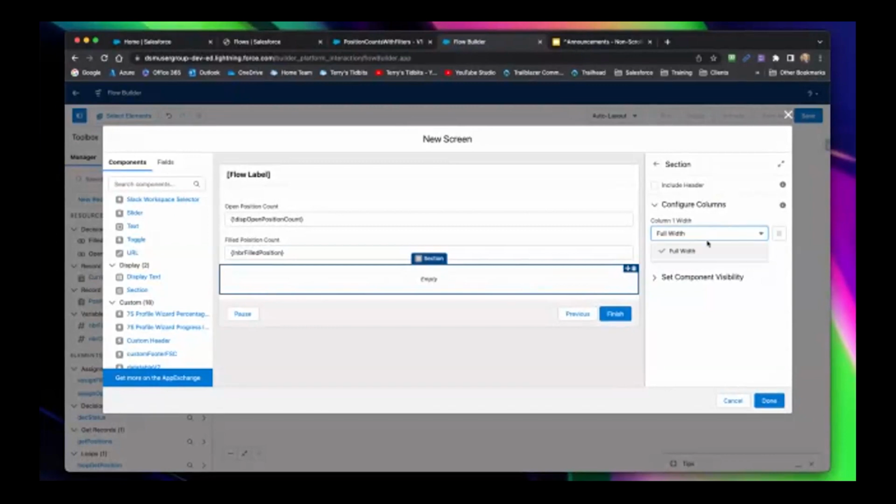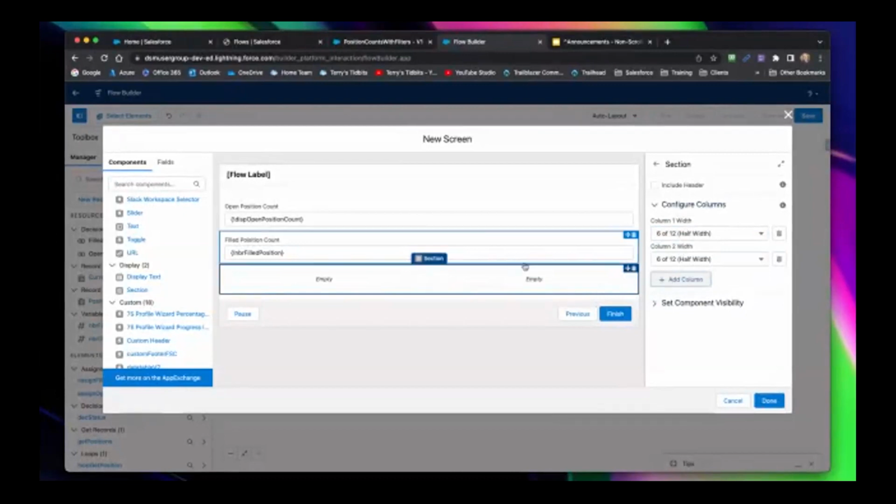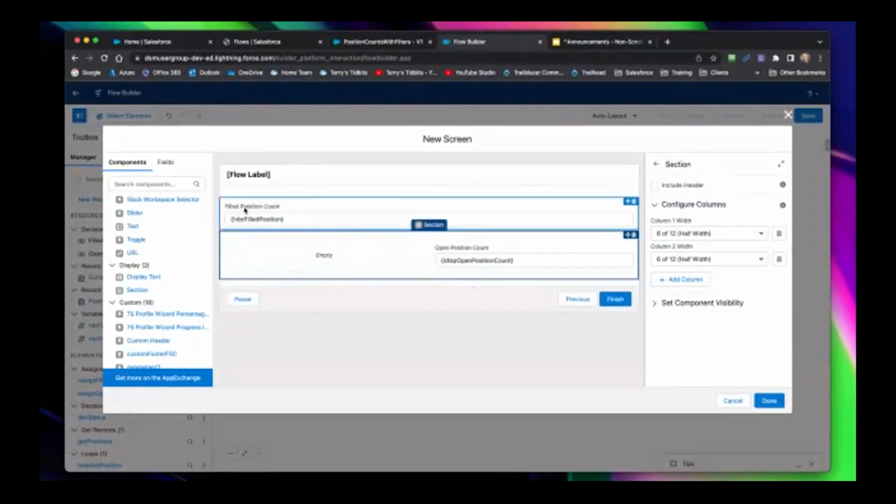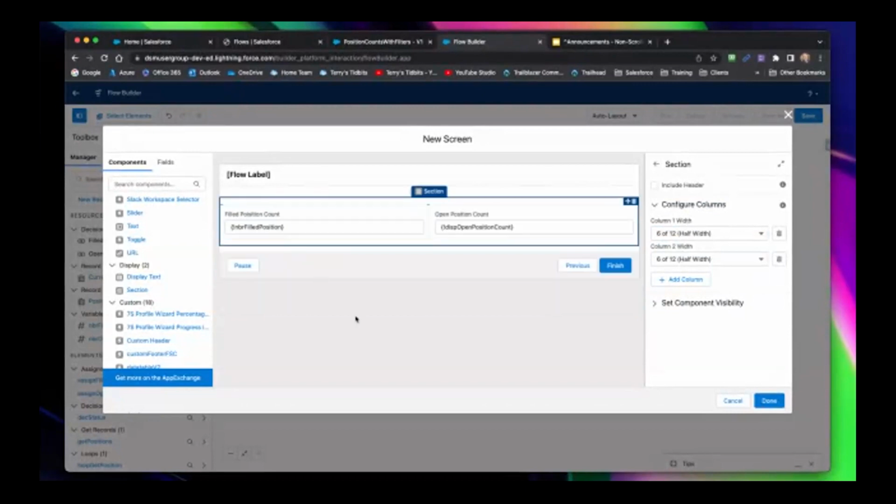I can add a column. Sorry, I was having trouble finding where is this? I can add a column, and now I've got two columns, one side by side. And let's put our open position count in one, and let's put our filled position count in the other. And now my numbers are going to be side by side. Might look just a little bit nicer that way. And then I think I can simply say that we are done with this, where I'm happier with the way